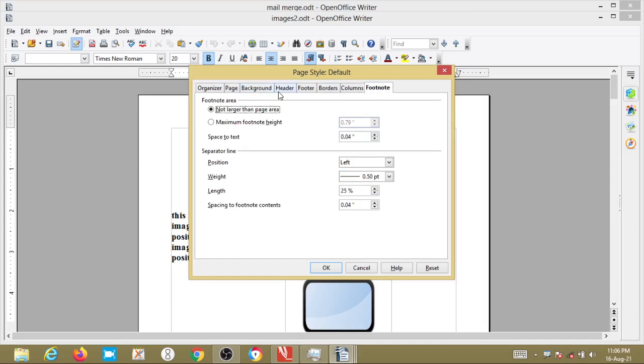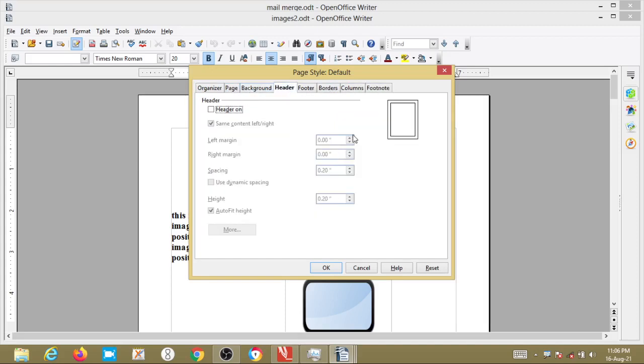Now we'll go to Header. Here there is a checkbox which is currently unchecked. I have to check it. Now everything has got highlighted.